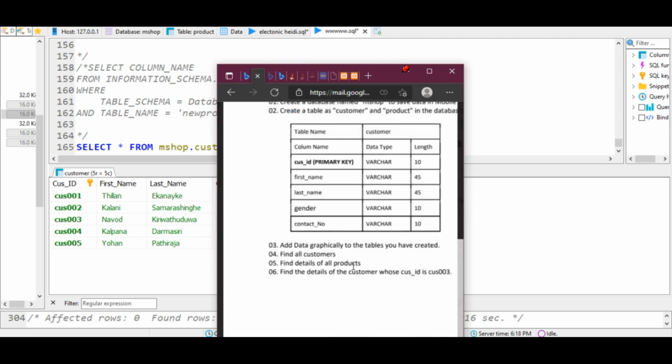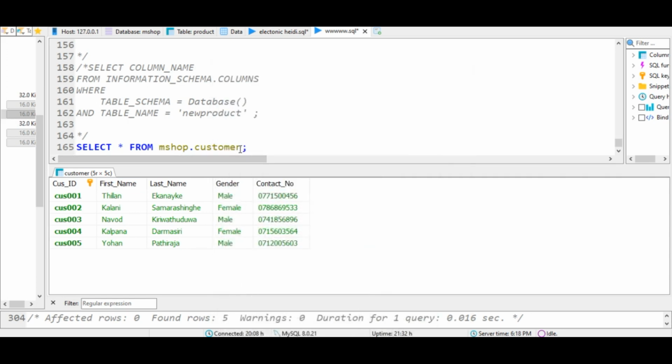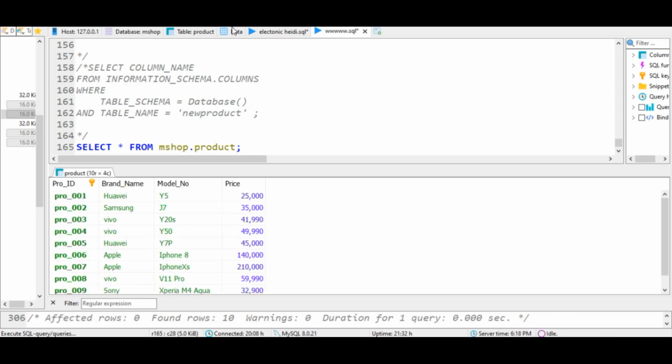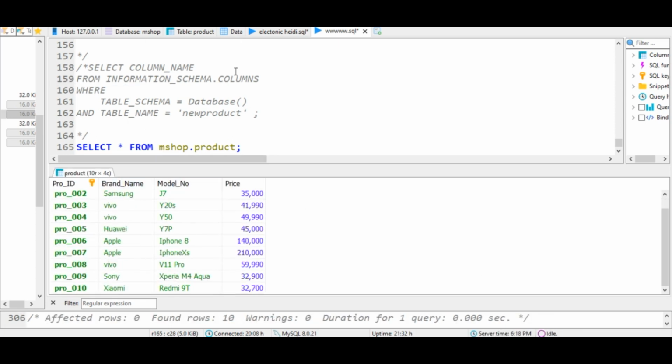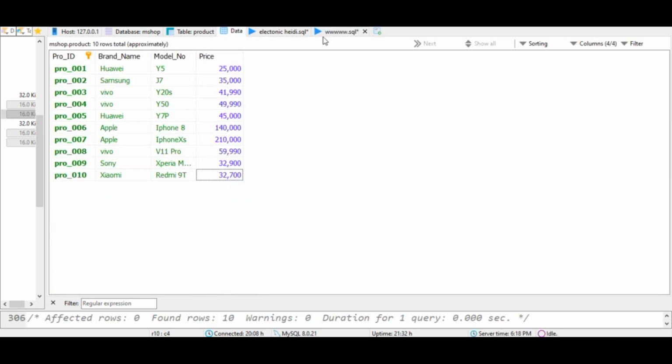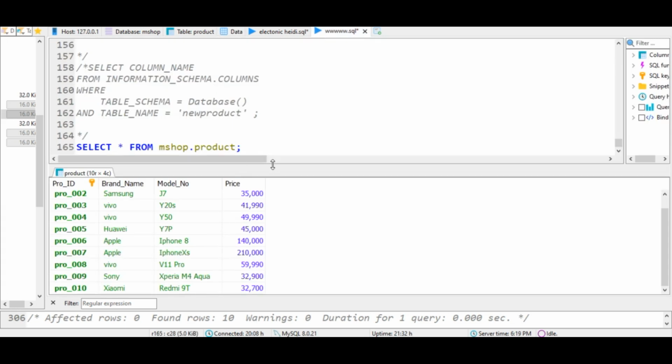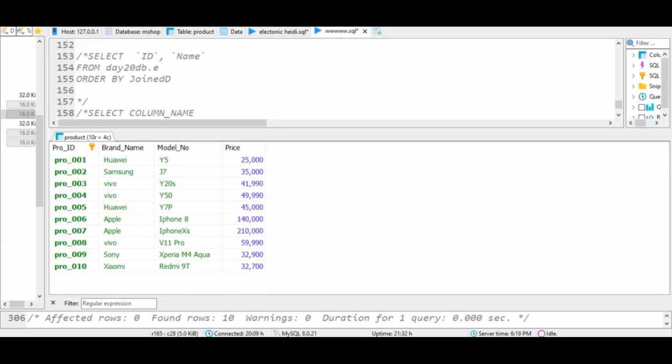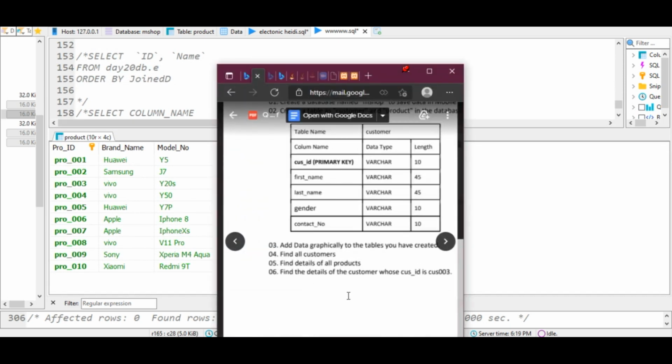And what's the fifth one? The fifth one is find details of all products. So the same query goes, but you have to change the table name to product. You can see the data we have entered earlier, and it will show us a result. And the fifth one is done, and the sixth one is find the details of the customer whose ID is